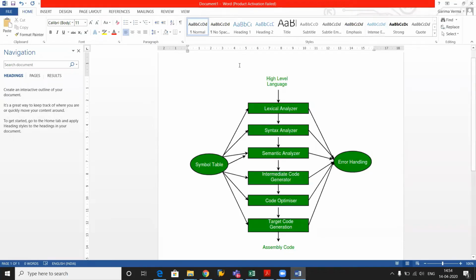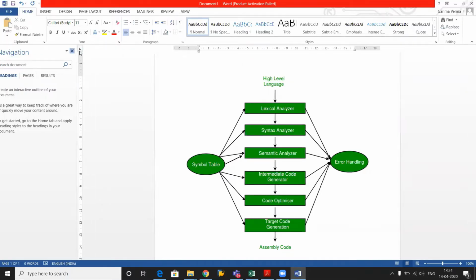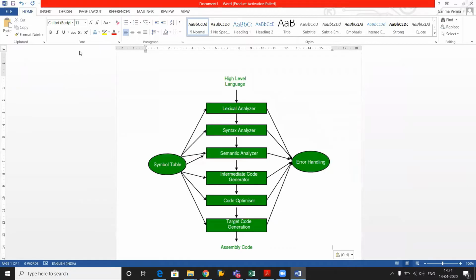Okay, so we are going to start with the error handling part of the compiler design. Till now, we have seen the lexical analyzer, which is used to generate the tokens from the high-level language program. Then we have seen the syntax analyzer, which is also called the parser, which generates the parse tree, syntax tree. And the parse tree goes as an input to the semantic analyzer, which is responsible to check the